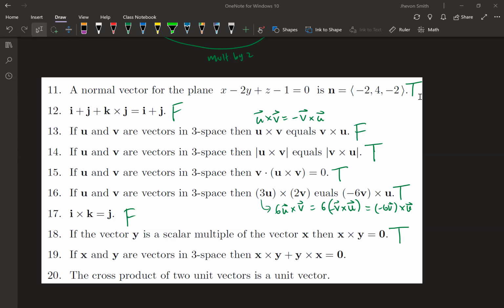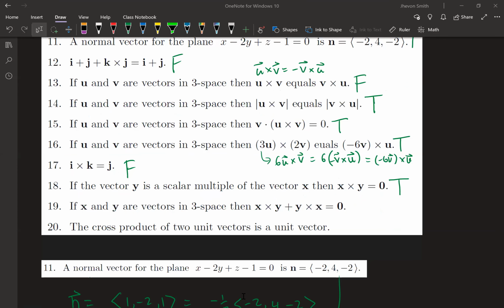The cross product is the zero vector whenever the vectors are parallel. Now, if y is a scalar multiple of the vector x, that means that it is parallel to the vector x. So therefore, the cross product is going to be zero. No calculations necessary. You kind of just have it there. So,